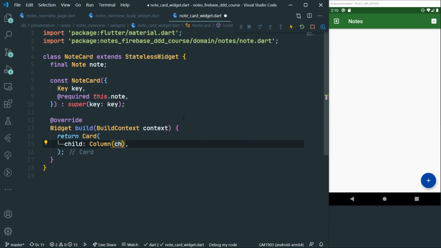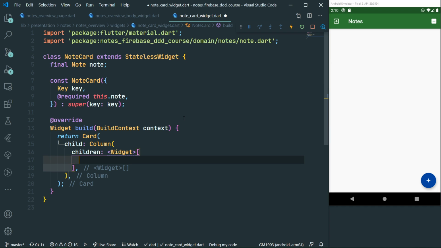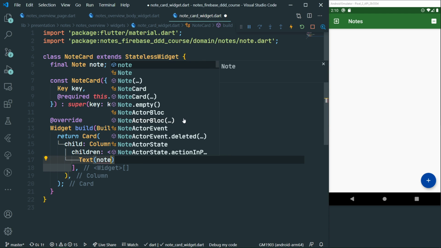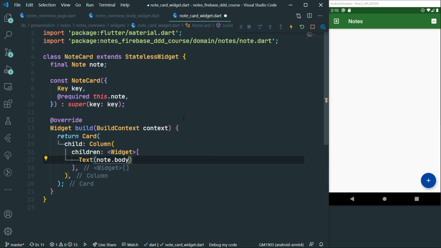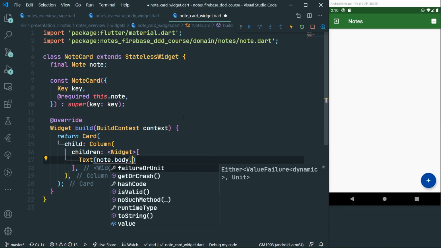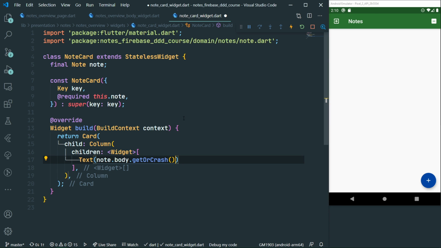and this column will have children, and these children will be a text which will display the body of the note. So text note.body, and we want to get the actual string from this value object. So we're just going to say getOrCrash. And as we know